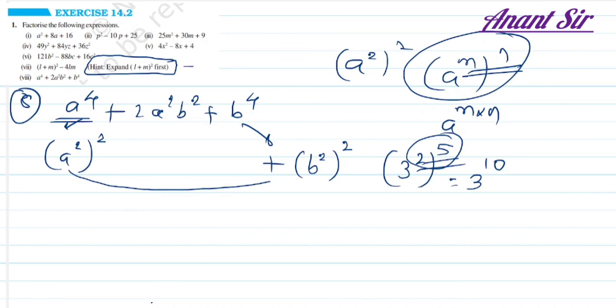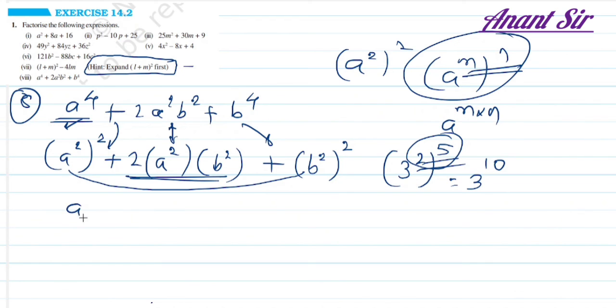And if I multiply these two terms by 2, giving the sign of the middle term as it is, 2 into first term into second term, do I get the middle term? Yes, I get the middle term. So I can use the formula a square plus 2ab plus b square is equal to (a plus b) whole square. Now, this is a step where many students make mistakes.